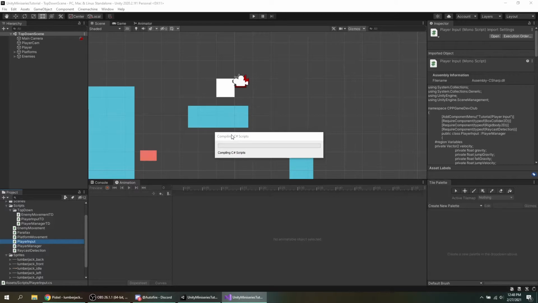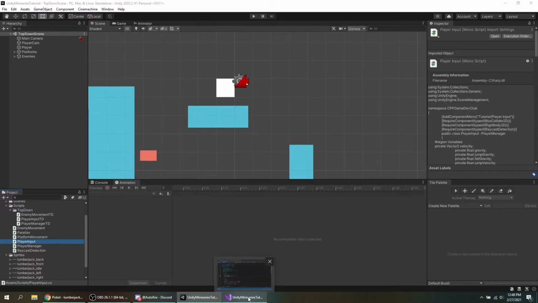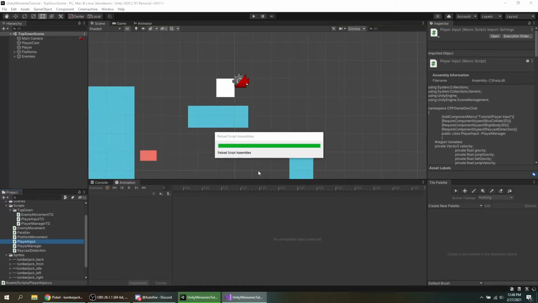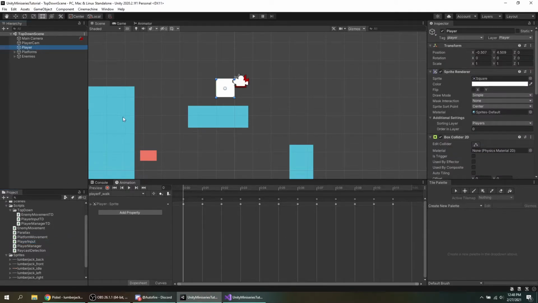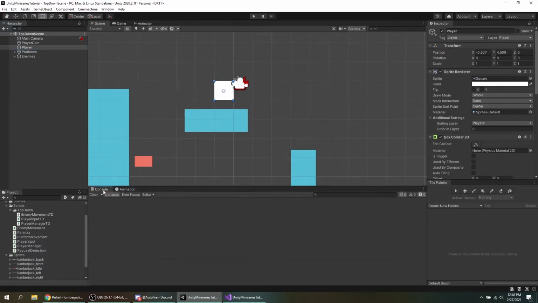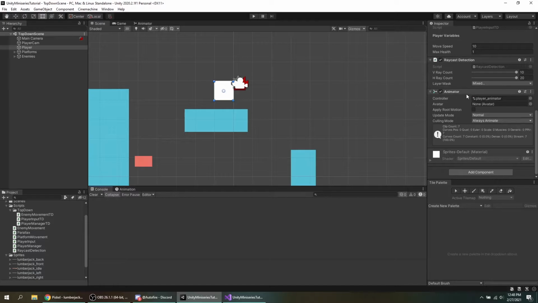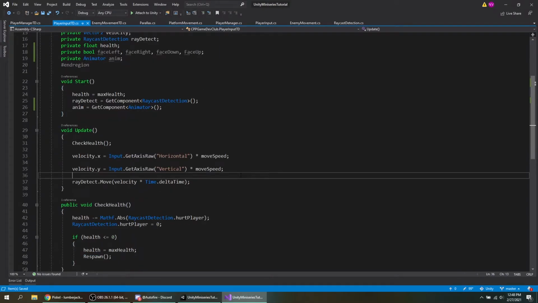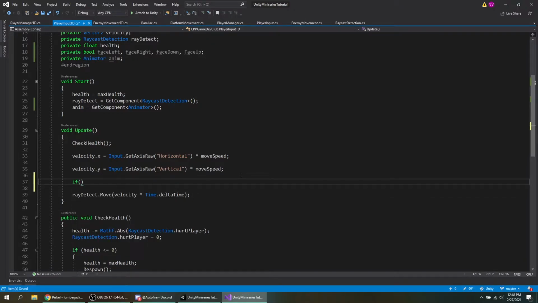So if you remember right here, it's going to just compile the C# scripts. If you look under the player, I'm just going to switch back to the console. The player has the animator component, so all we're doing is getting that component from the player and setting it to this variable called anim. And what we're going to do is, if the